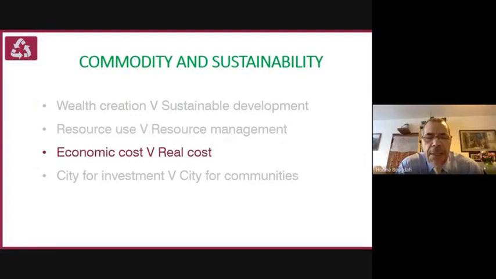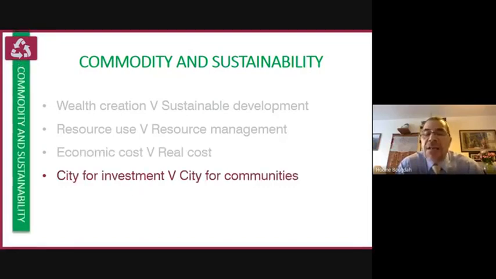For them, it's the economic cost that matters, but what's forgotten is that the real cost is more than the economic cost. The real cost has an environmental cost, and a social one. When I say social, I include perhaps a cultural part of it, because if there is no identity, then what is left? Are we left just with physical infrastructure? And that's where you have a situation where the communities and the city that is being developed by investors have nothing in common. Next, please.